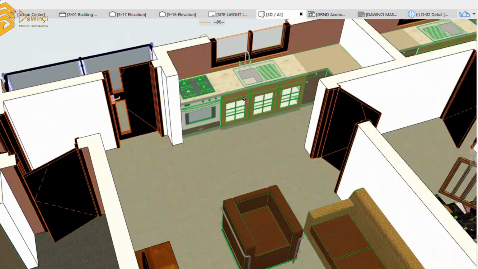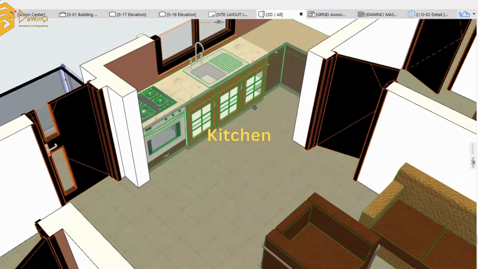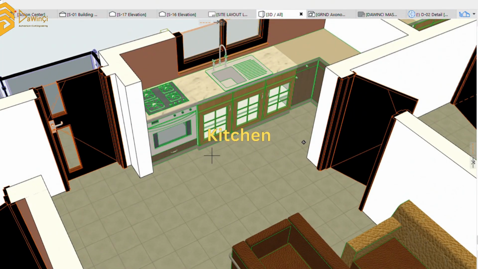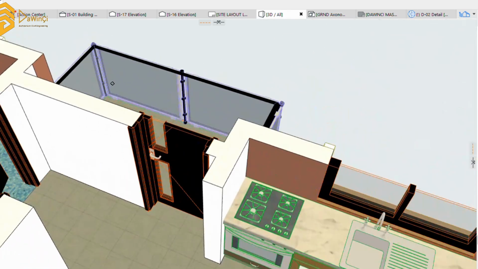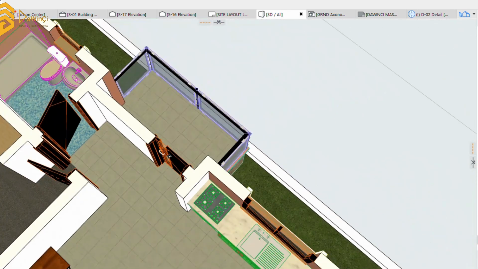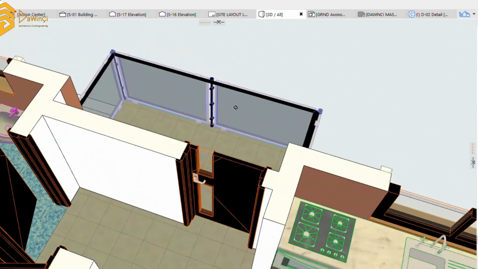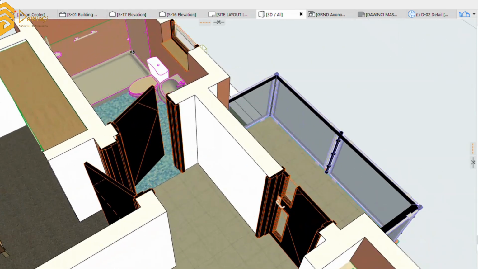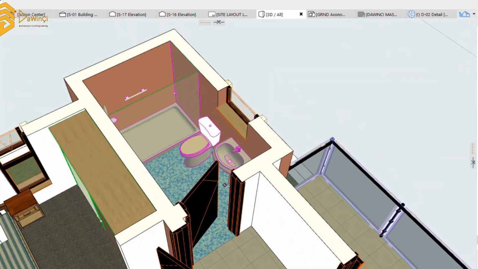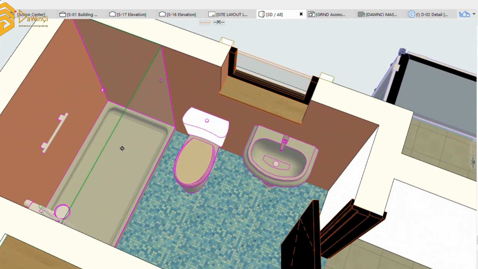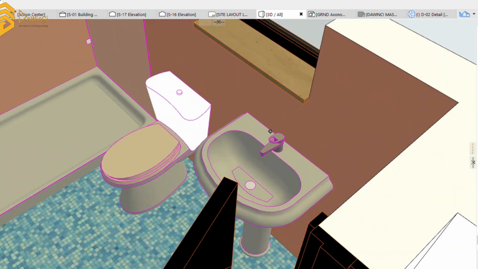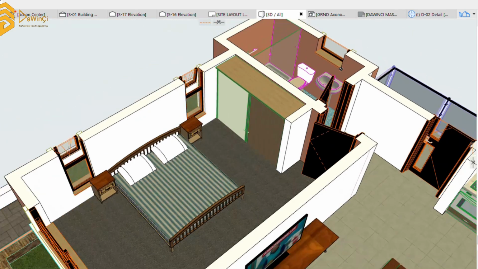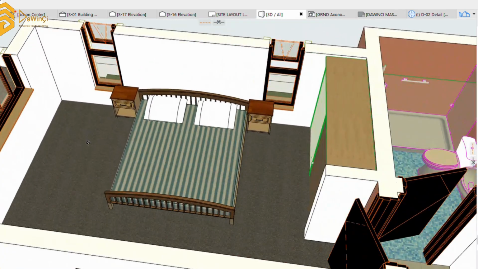Then we have a small kitchen that is really just enough for this kind of apartment, where you can do the cooking and the washing of the utensils and all that. Then we have a door here that leads to the outside balcony, which is at the back of the house. And then we have a small bathroom that has a shower cabin, a toilet seat, and a wash hand basin. Then we also have the bedroom here,